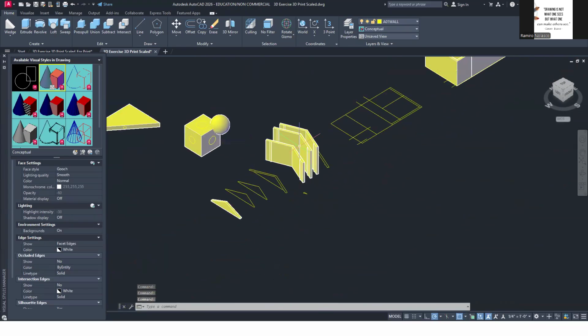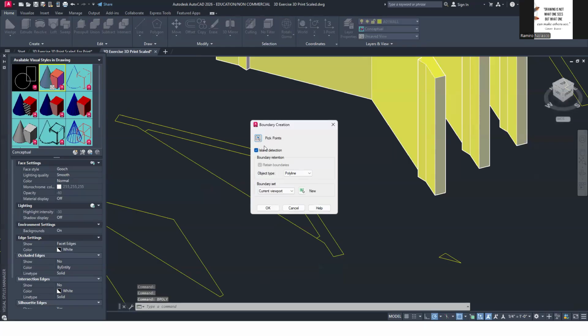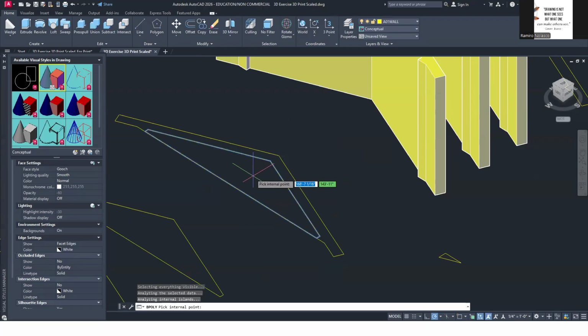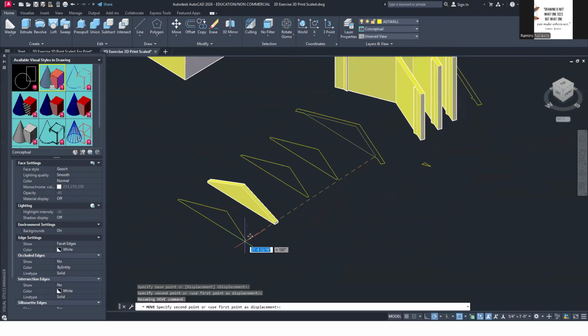B-poly, yeah? Okay. So here, I just type B-poly, pick points, select an internal point. It creates that boundary polyline. Once I have that boundary polyline, I can extrude from there or I can move that. Sorry, move last. Last is the last object that you have created. And then you have this B-poly. And then I can extrude that by 6 inches. And then I can rotate.